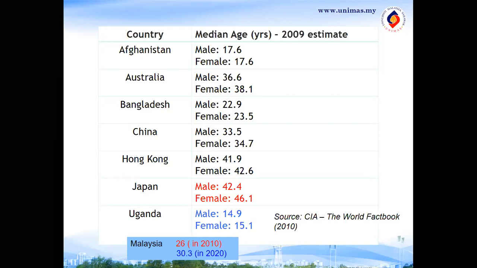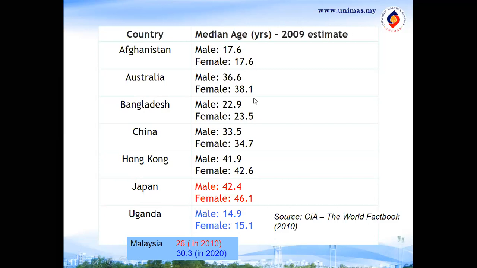In terms of percentage, in terms of proportion, Japan has more old age people compared to any other country in the world. Okay, jadi maksudnya di sini, if you look at this again, we are looking at average, maksudnya kalau kita duduk